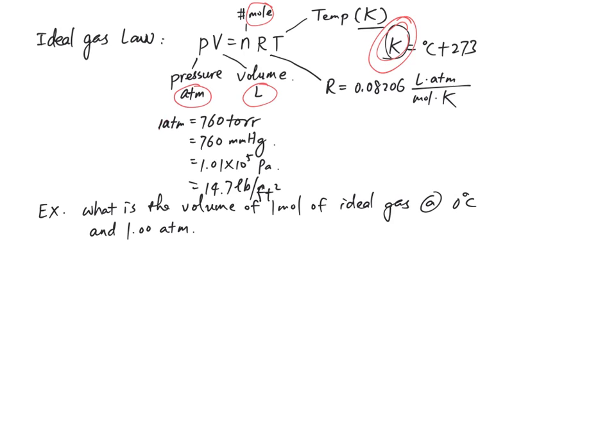Okay, and also this temperature and this pressure, 0 degrees Celsius and 1.00 atmospheric pressure, is actually such